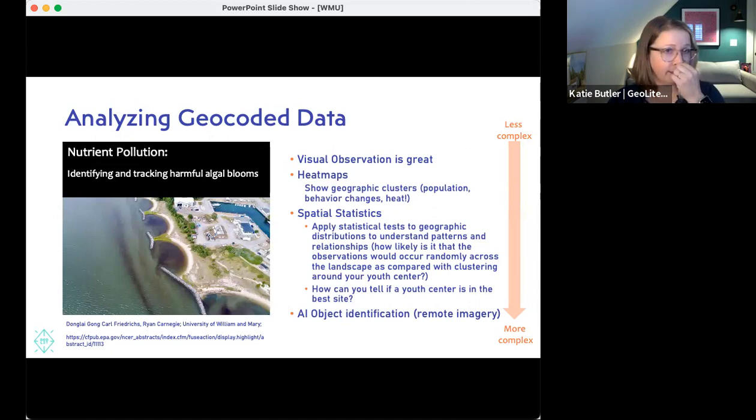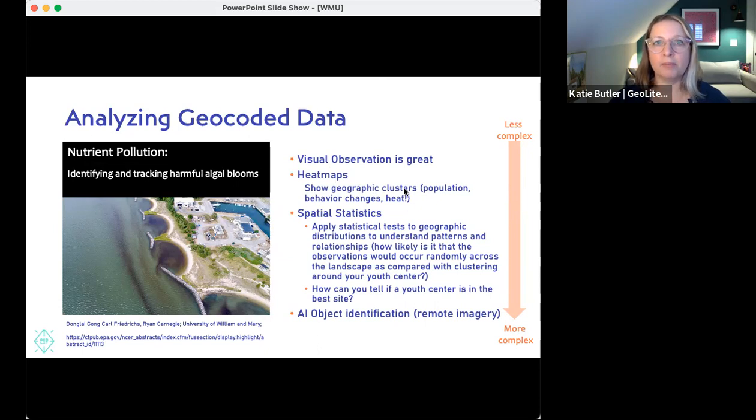This is an example that I used doing a presentation about remote sensing in the past. It was actually about remote sensing using drones, which is a really, really cool thing that we can all do together sometime when I come to Michigan. It's really fun. But this was an example of identifying and tracking harmful algal blooms just with visual information. So this is just a picture basically from a drone. And you can see these plumes in here that are actually the beginnings of harmful algal blooms. And you can see that they're starting by the shoreline and they're traveling along the water. So just observing information visually is really valuable.